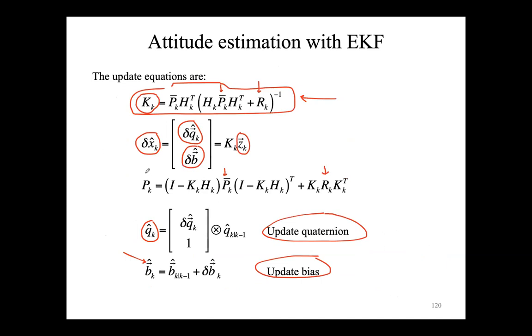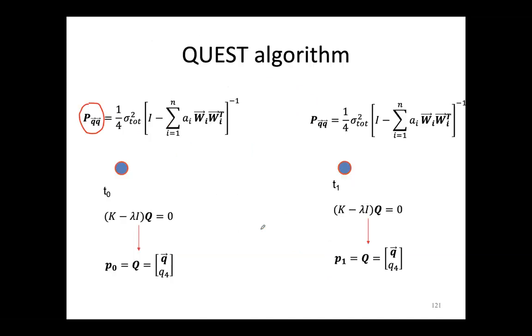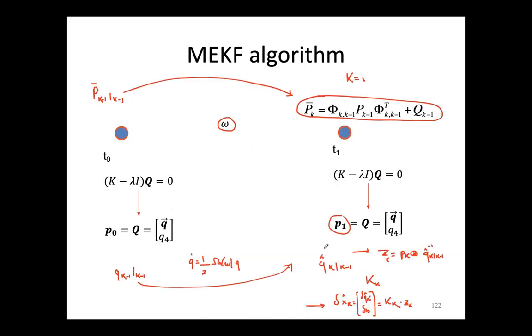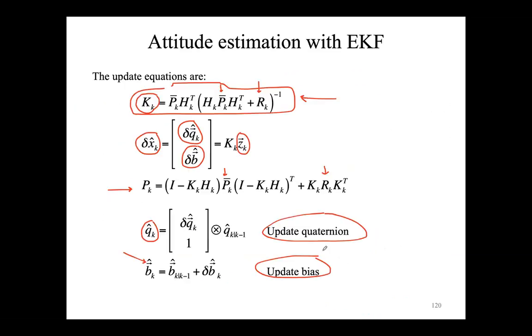You have also an estimation of the covariance matrix through this formula here. And you have also the update in the quaternion by multiplying the correction that you have computed to the a priori estimation, the predicted estimation that you propagated from the previous instant, so this one here. So you have everything, and you can also update your bias. So now, before going to the exercise that Paolo Capucci is going to present in a couple of minutes, I would like to